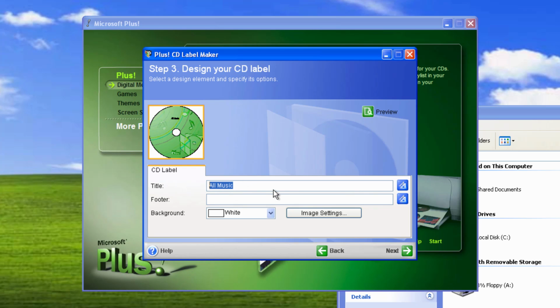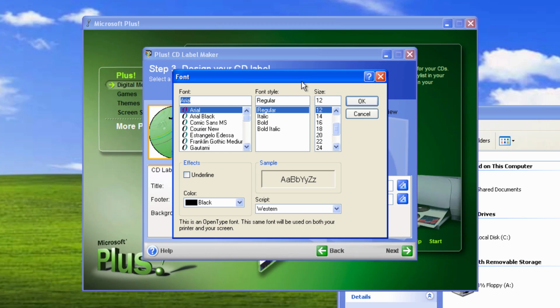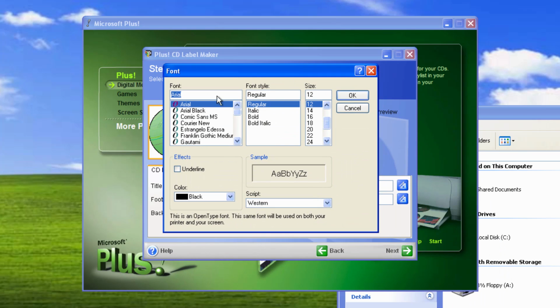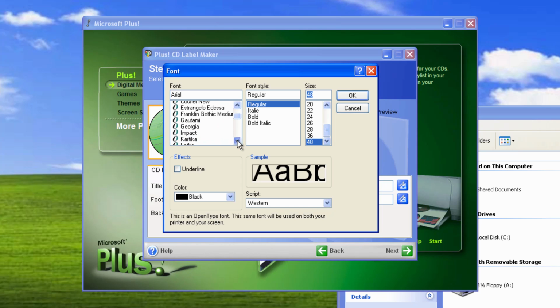So we'll just call it YouTube Music or something like that, and for the footer, we can say, I don't know, hello or something like that. And you can actually change the size of the font here. So let's say you want to make this a little bit larger, and you don't want it to be Arial. You want to make it